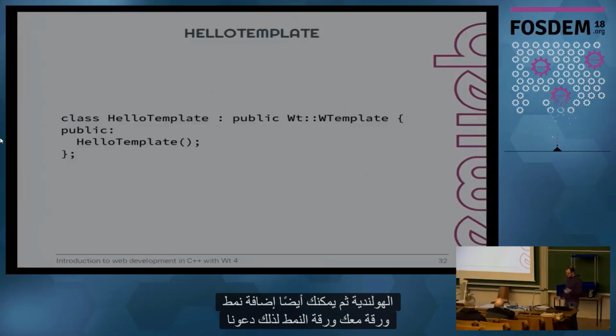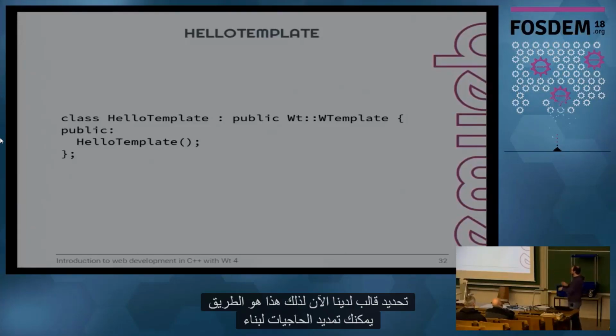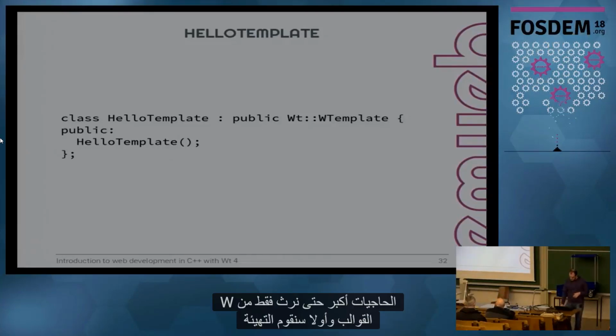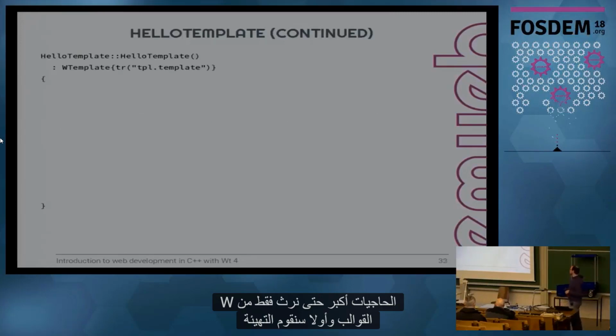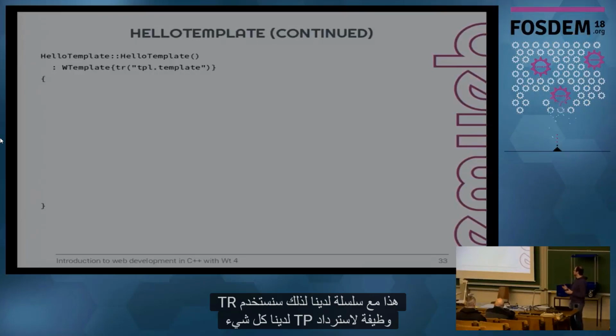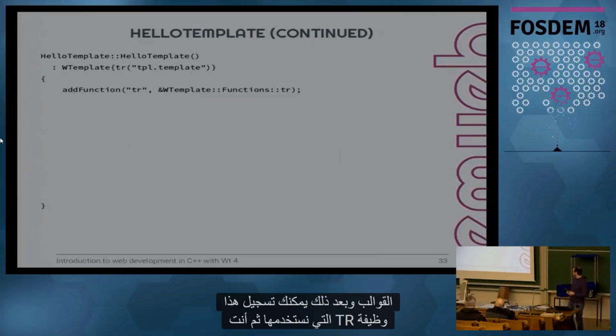So let's define our template now. This is a way that you can extend widgets to build larger widgets. We'll just inherit from WTemplate. And first we'll initialize that with our string. So we'll use a tr function to retrieve tpl.templates. And then you can register this tr function that we're using.